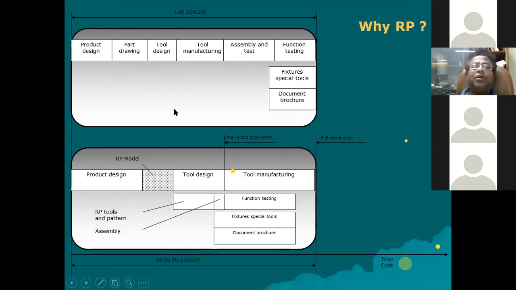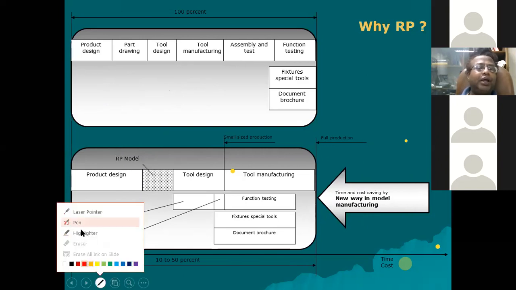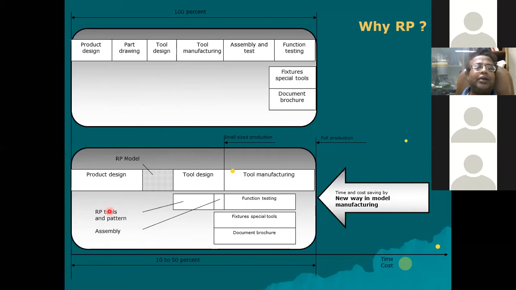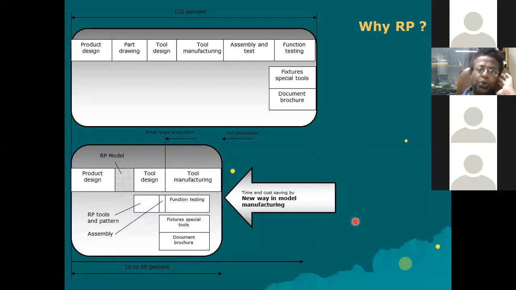What is being suggested in literature is that if somebody brings in this new way of prototyping, that is rapid prototyping, into your design cycle, then by introducing this new way of model manufacturing or prototyping, people have already conducted studies which show that the product lead time, meaning you started thinking about a product, that okay, I will design, I will make it, I will launch it in the market, that is called product.